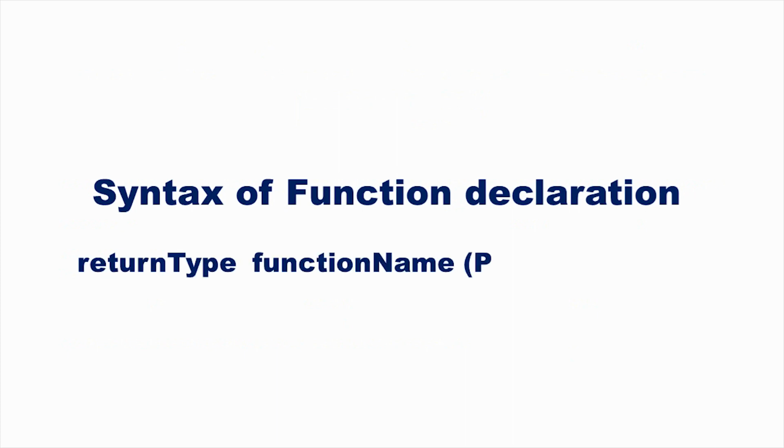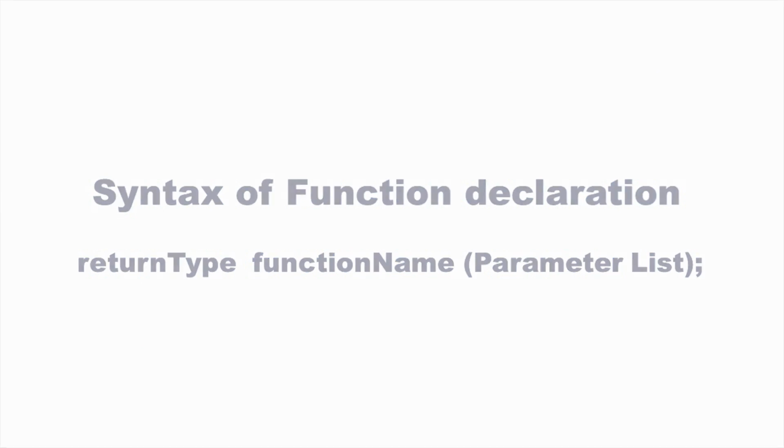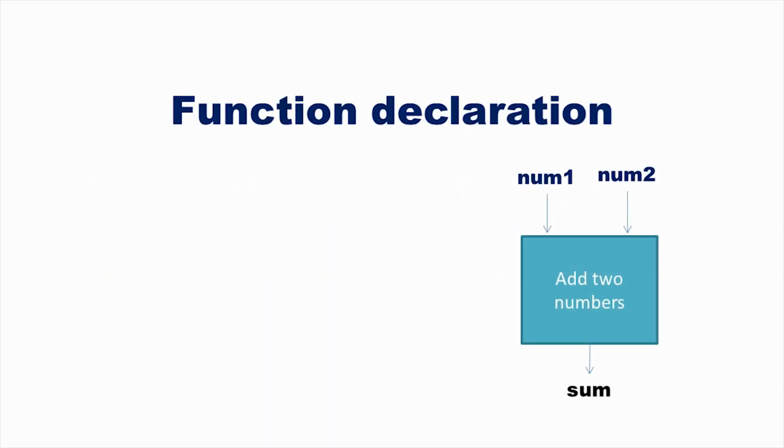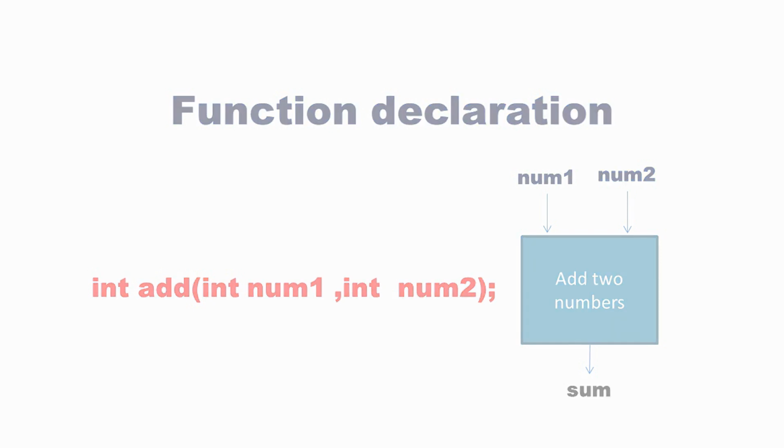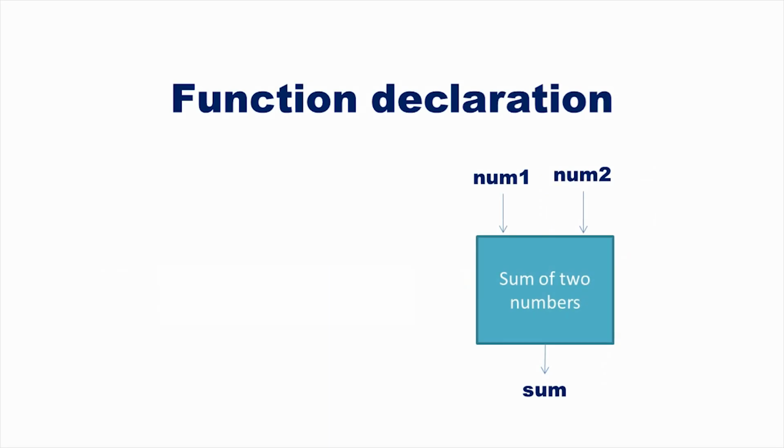The syntax of function declaration is return type, function name, within the brackets the parameter list. Function declaration ends with a semicolon. Function declaration for function add is int add(int num1, int num2); Parameter name is optional in function declaration. Hence, we can write int add(int, int);